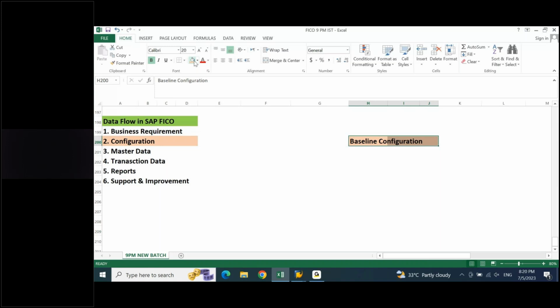Agree? Correct. You know accounting, I also know accounting. The only difference is I am at a higher side because I am from a technical background. Agree? Okay. Now, what I need to do is show you the standard SAP system.